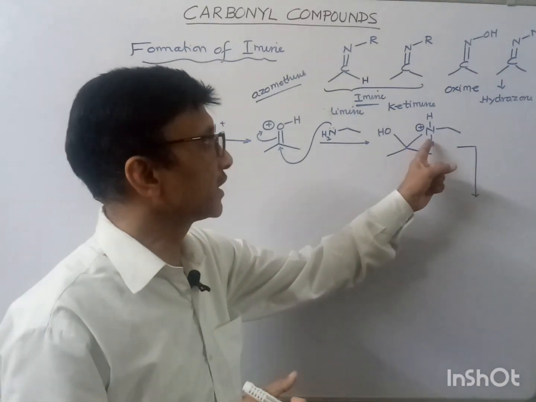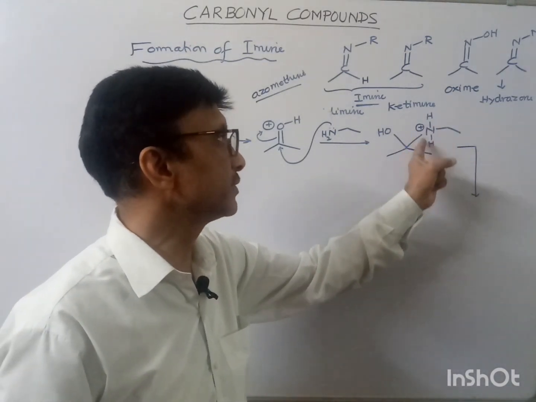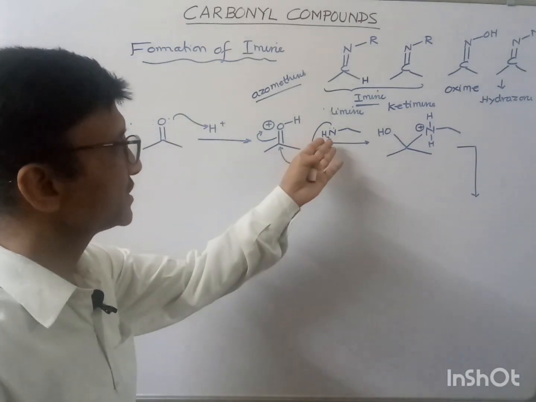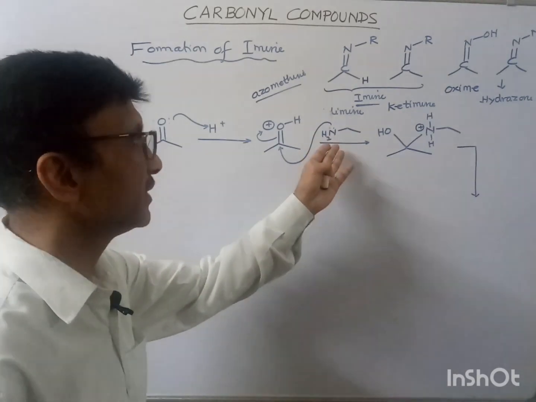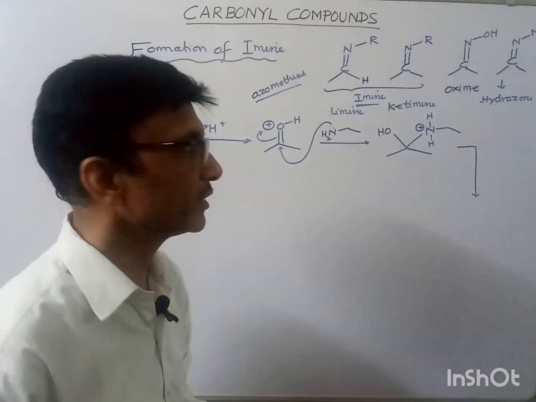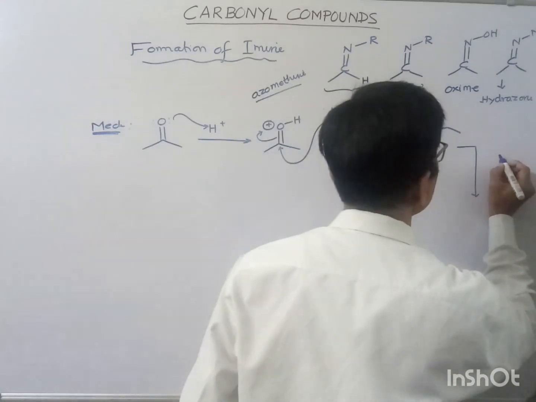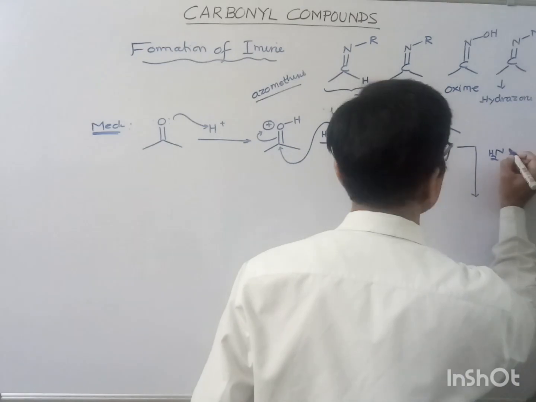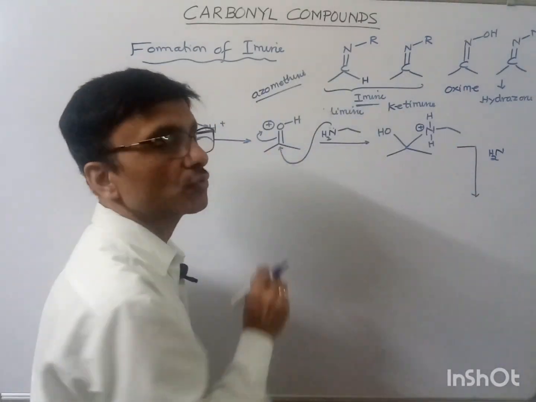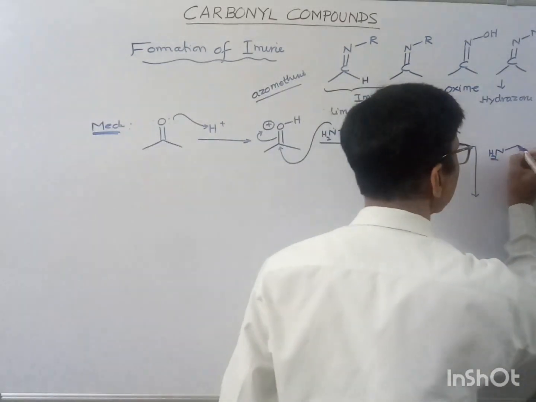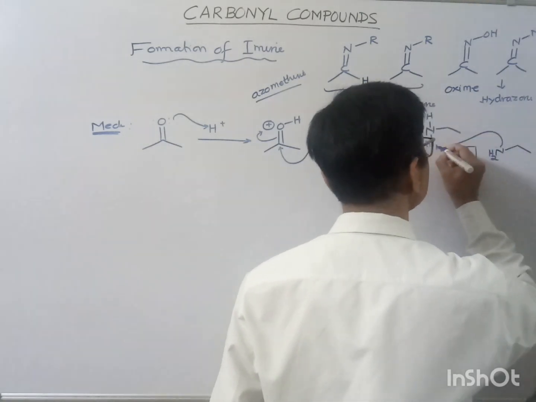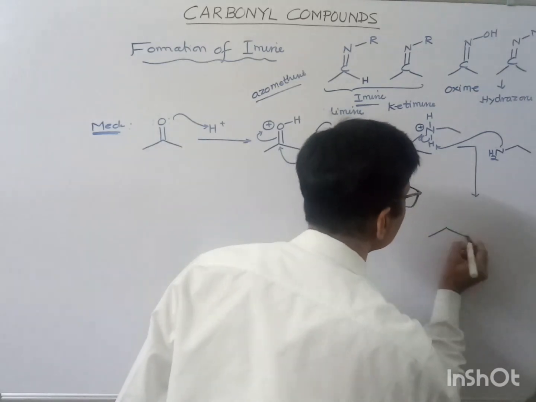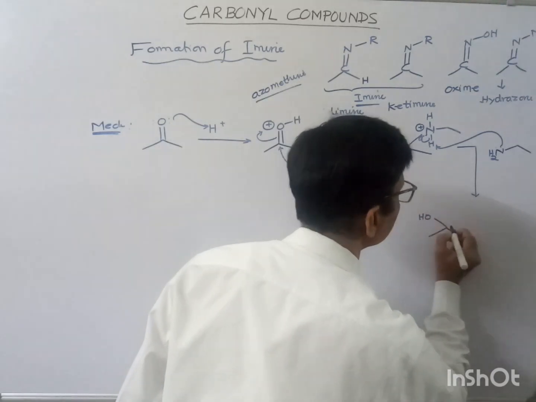one of these hydrogens can be replaced. This hydrogen has become the acidic one, and it can be replaced by a base. The base here is the primary amine. Here the primary amine acts as a nucleophile first, and now it can act as a base and take out this acidic hydrogen, and what you will get is OH and